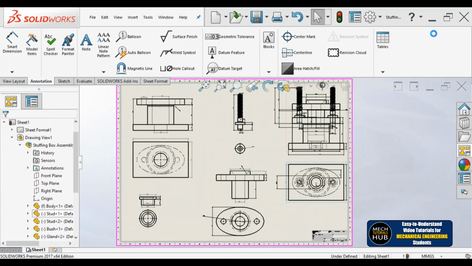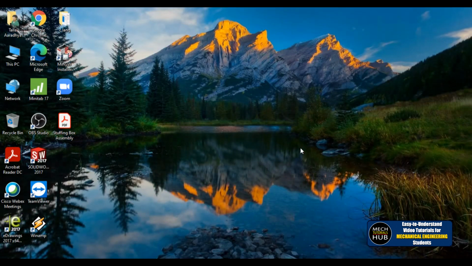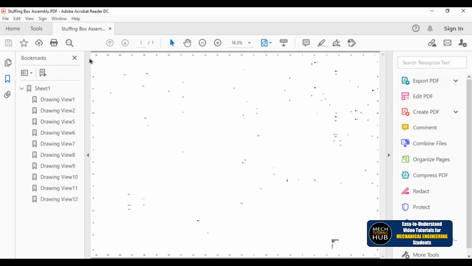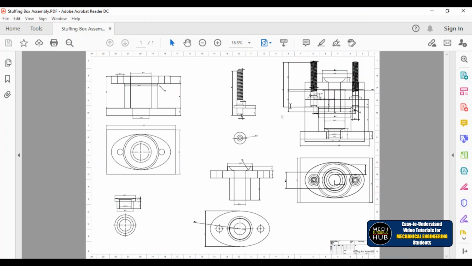It has saved now. Let me minimize this window. Okay, it got saved now. Let me minimize these windows and let me open this stuffing box assembly. Just have a look. I'm closing this. Now, everything is so perfect, so clear. A0 size is very big. You are going to get the picture with a lot of clarity. Okay, if you close this, you find every detail. Now when you take a print, you are going to get a very magnified, clean, neat picture. Okay, this is what we do.